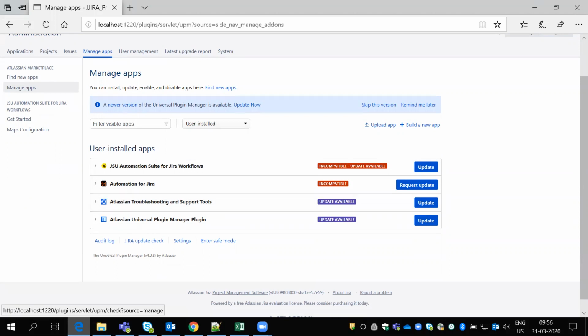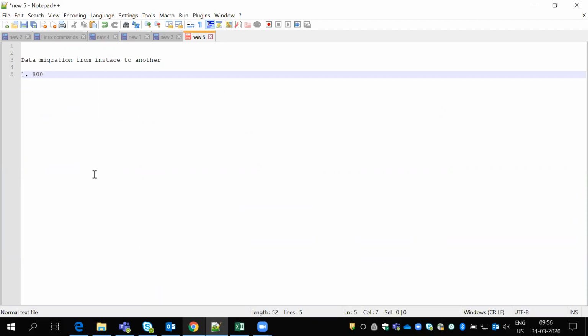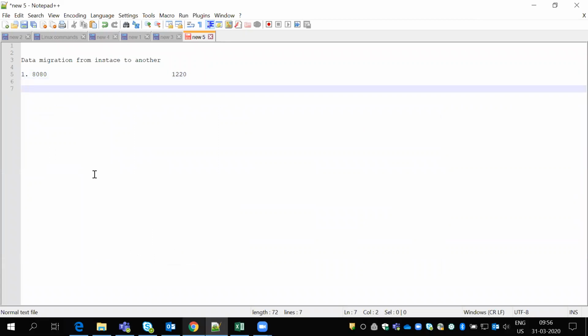To migrate this data from 8080 to 1220, the first step is that the two instances should always be the same version. This is the prerequisite. Only when the two versions are the same can we move the data.